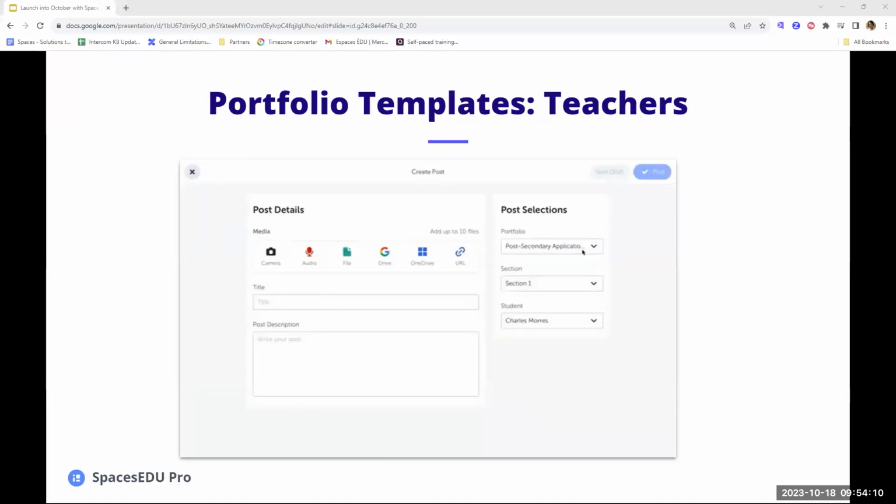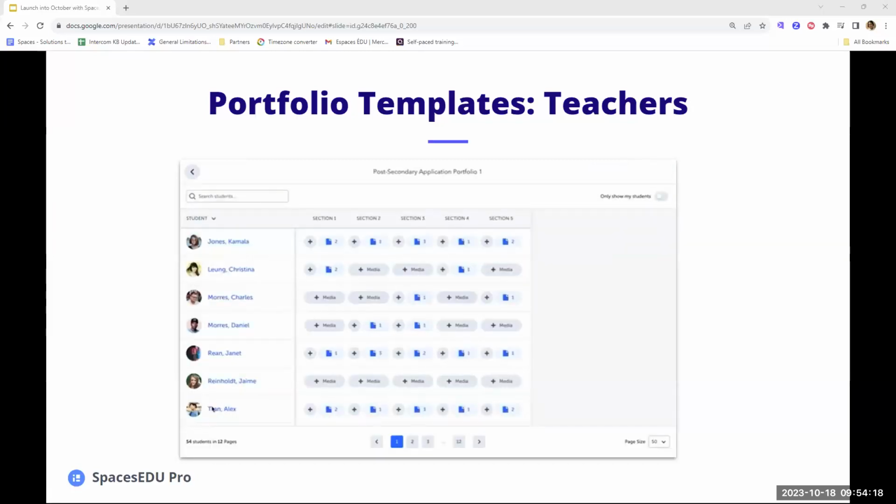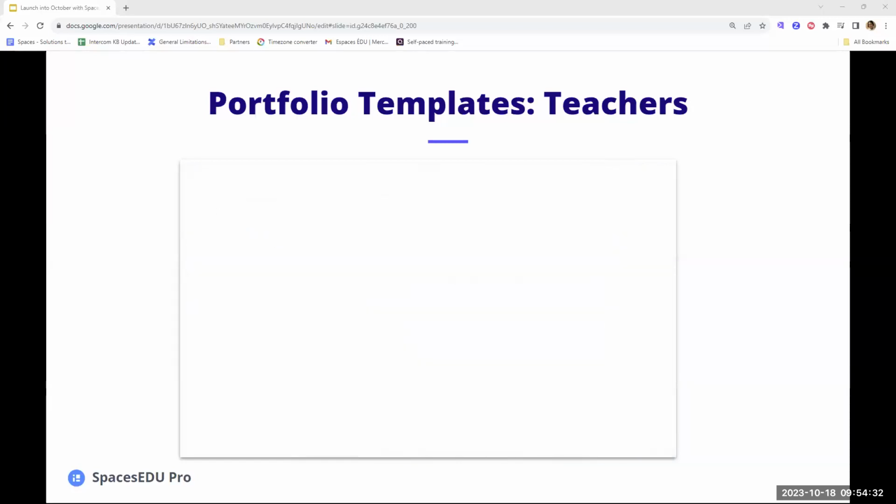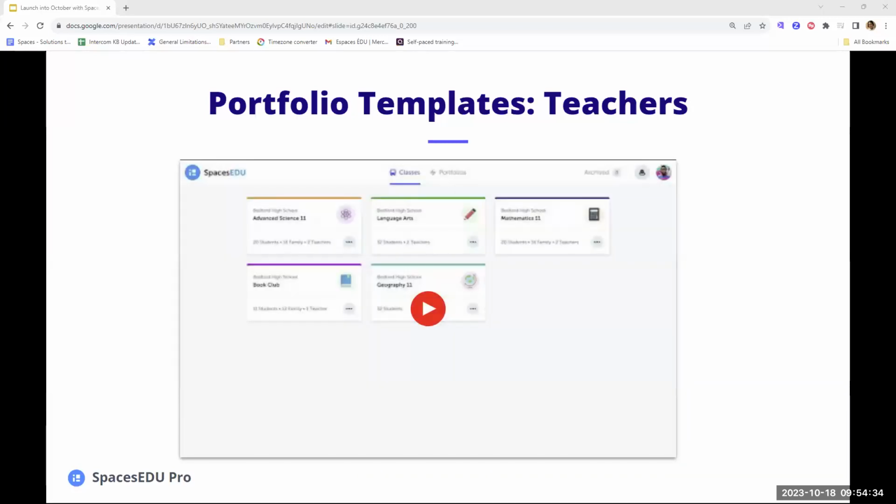Teachers will be able to easily access the portfolio templates as well of their students for visibility and supporting students in the development of their portfolios as well. As you can see here, you as a teacher, you can add to the students' portfolios and in the various sections that are available. You can share content directly from your SpacesEDU class to their portfolio templates as well through the copy post feature,